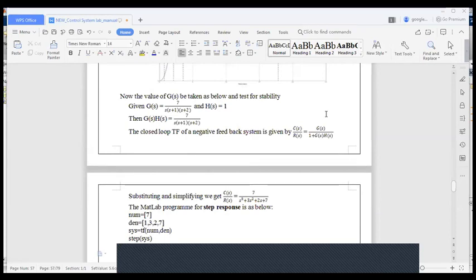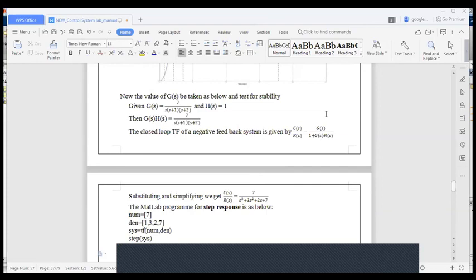After this, to get the closed loop transfer function of a negative feedback system, what we will do? G of s by 1 plus G of s H of s. You know that in general it is G of s by 1 plus or minus G of s H of s. If the system is having a negative feedback loop, in the denominator it will be 1 plus. Since it is specified as a negative feedback system, you have to write 1 plus G of s H of s.